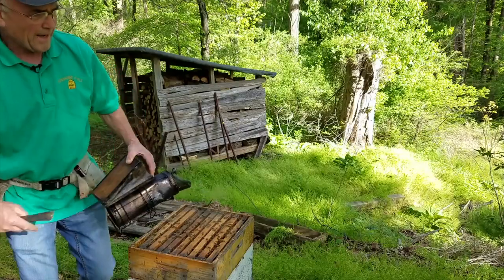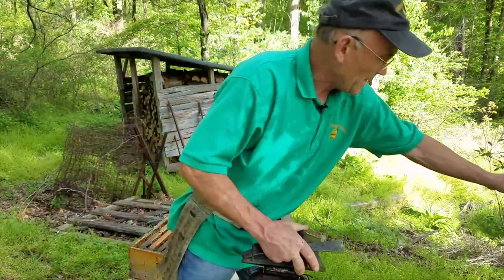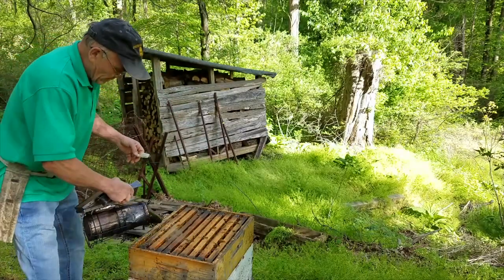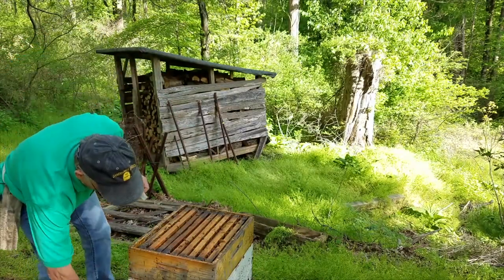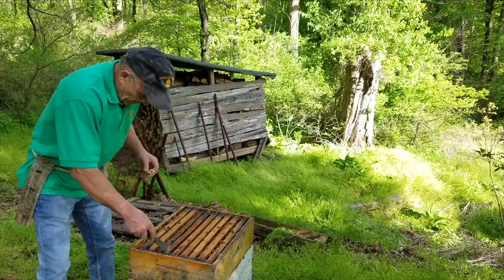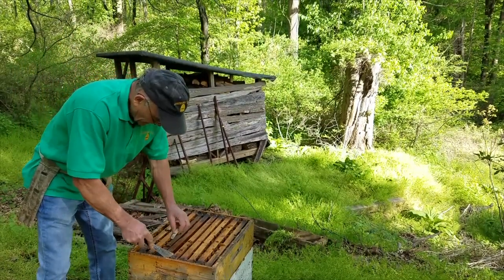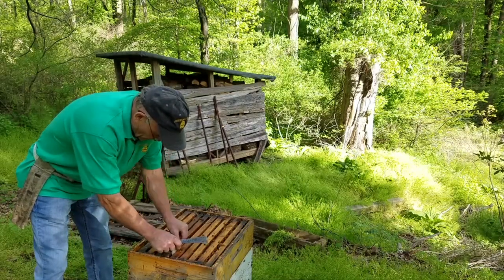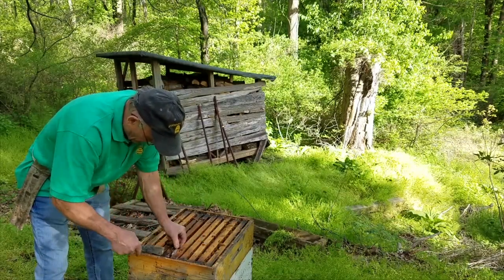So you have to plan ahead a little for this method. I planned ahead and ordered queens. There's a queen in this cage here. These bees readily accept her because they cannot make their own because of the 10 days that the queen has been kept out of here. So we introduce a queen,